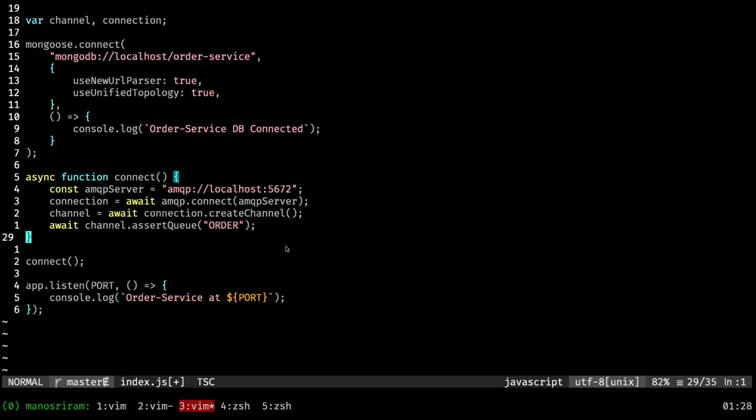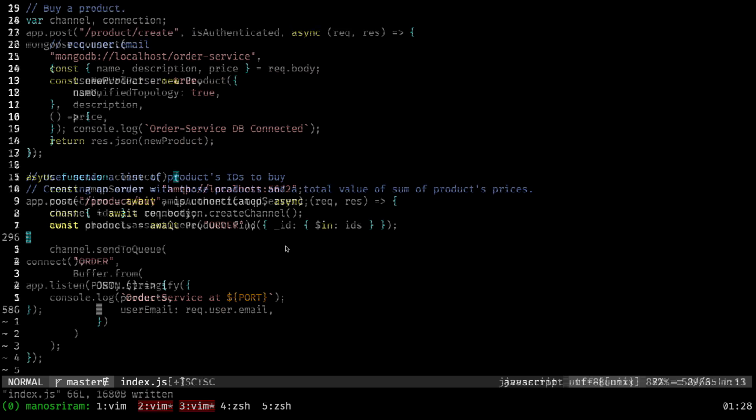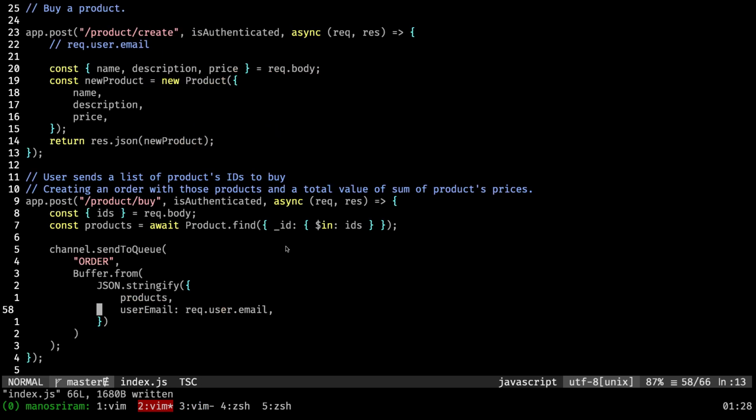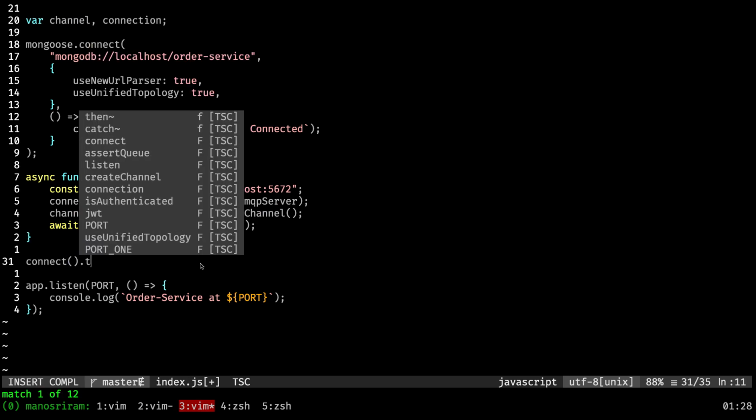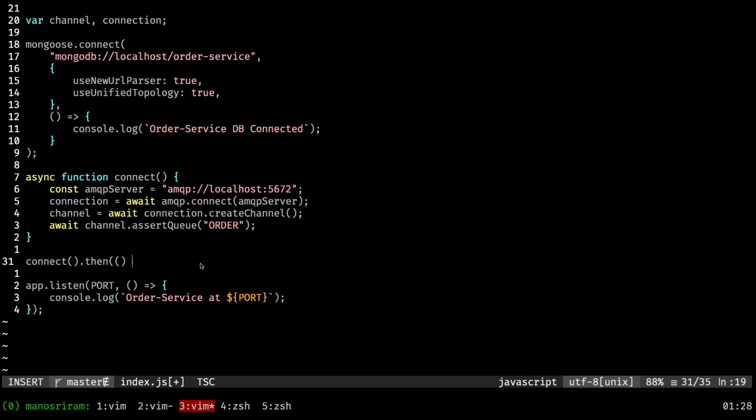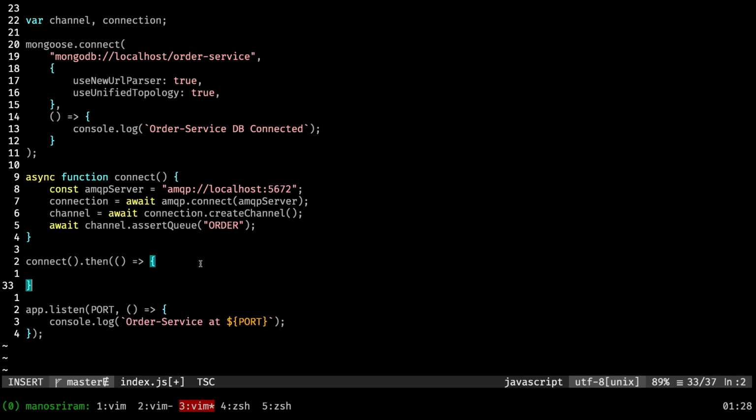We can actually check that, because the product service is just sending things to the order service. The order service needs to wait for that, or you can say it needs to consume what the product service is sending. Not just the product service, if there are multiple services, it needs to wait and consume what the services are sending to this order queue. So to do that, right after connect, we can say .then and have a function which happens instantly after the initialization. We can use this channel variable similarly to how we did sendToQueue